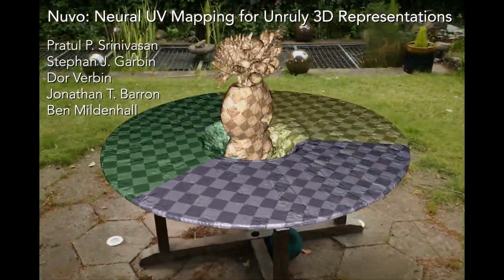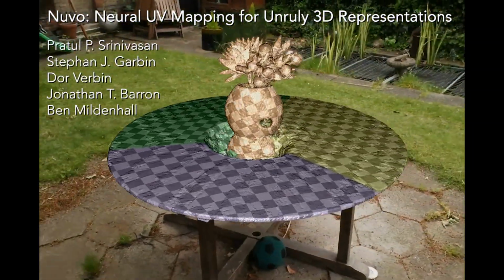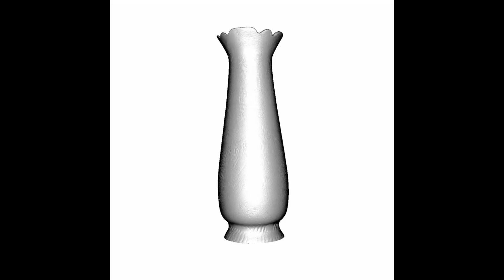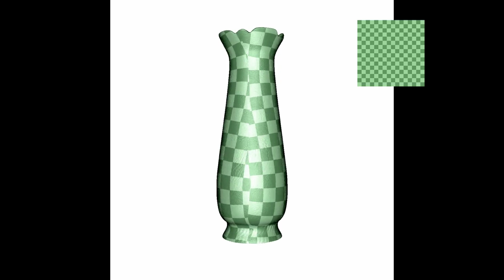Hi, I'm Prathul Srinivasan, and this is Nuvo, Neural UV Mapping for Unruly 3D Representations. UV mapping is a core component of 3D content creation pipelines that lets us represent and edit detailed 3D appearance